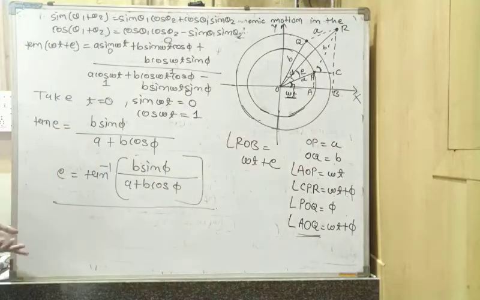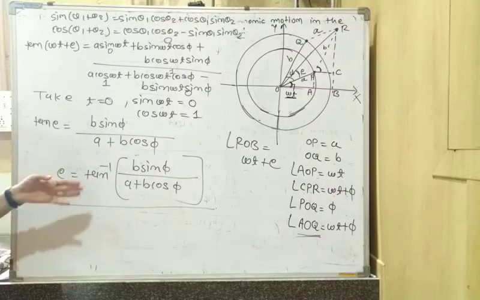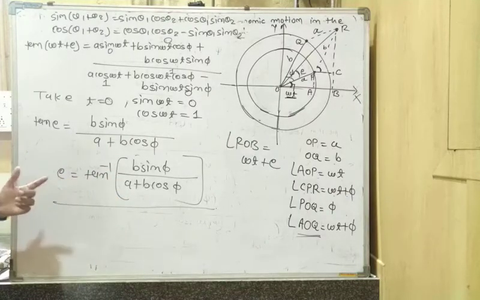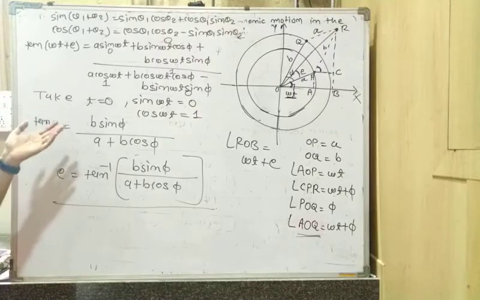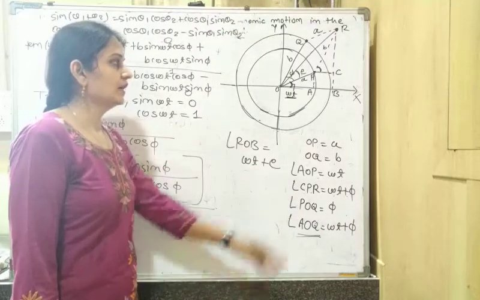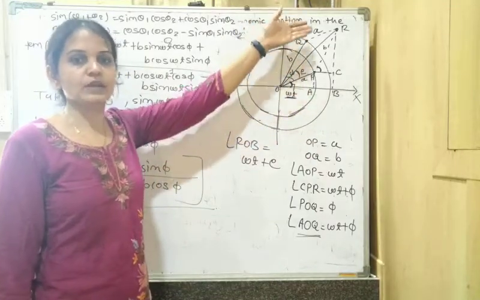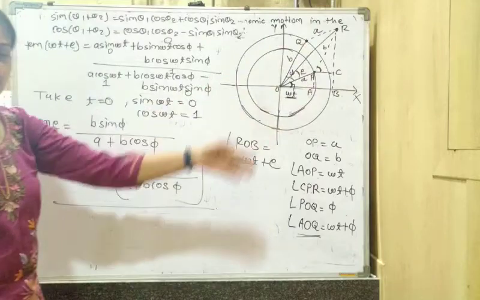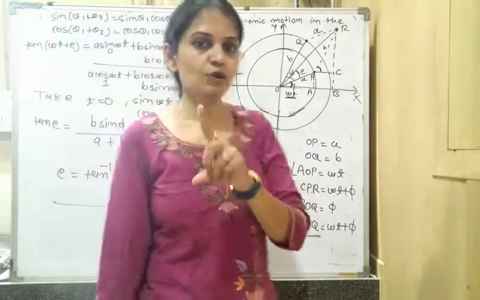So you can calculate the resultant phase or resultant angle E with the help of this equation. If you know phi and amplitudes A and B, then you can calculate E. And there are many other equations also from which you can calculate the different thetas and the different amplitudes. With the help of the parallelogram, we can calculate the resultant vector also. So this is the completion of this theory.